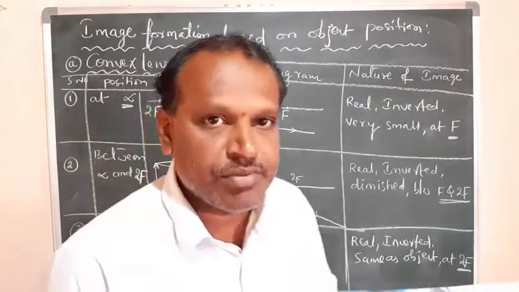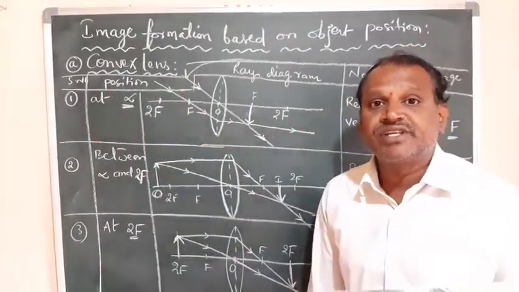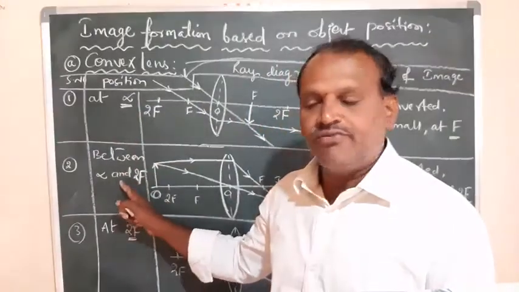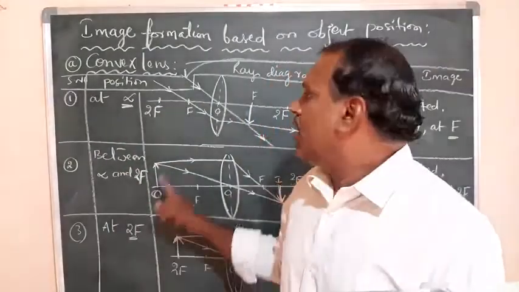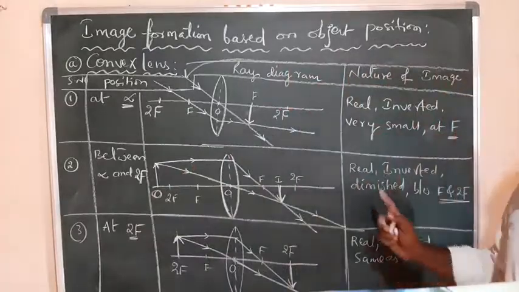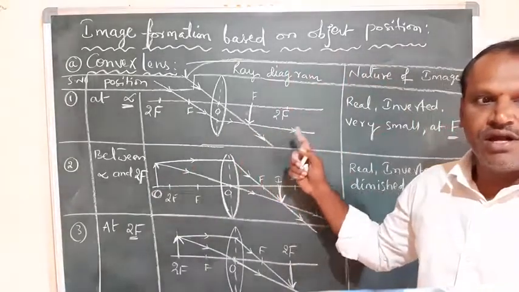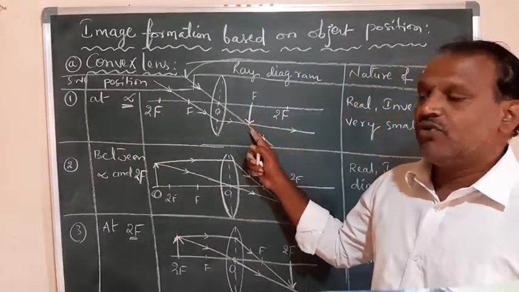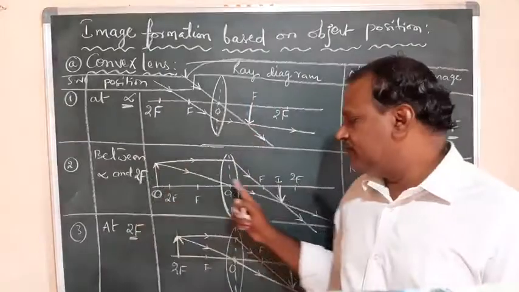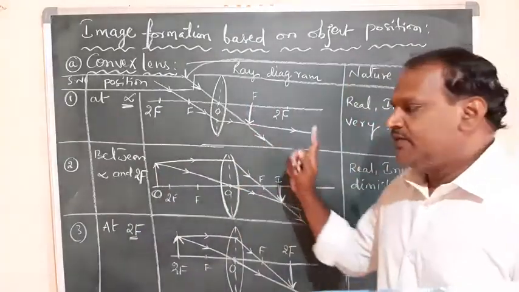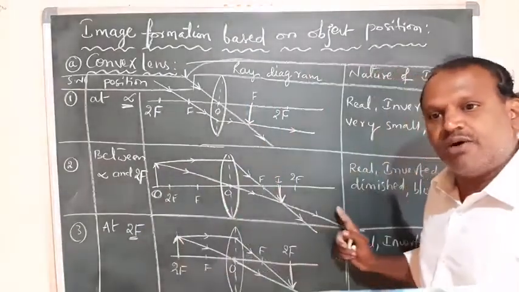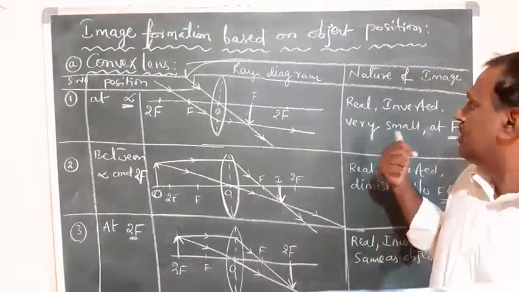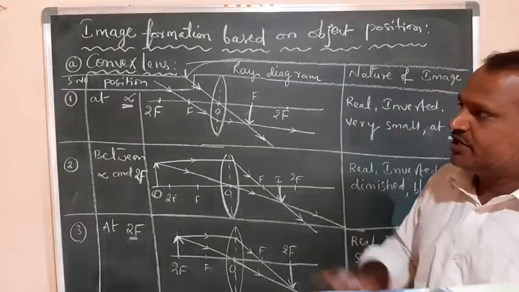That is image formation for a convex lens when the object is kept at different positions. First case at infinity, second case between 2f and infinity, and third case it is at 2f. How can you get the image formations for a given convex lens? In the first case, when the object is at infinity, you can observe the image forms at focus. When the object is between infinity and 2f, the image forms between f and 2f. If the object is at 2f, the image also forms at 2f, and the nature of the images is represented as I explained in this last column, right? So these are the three cases.